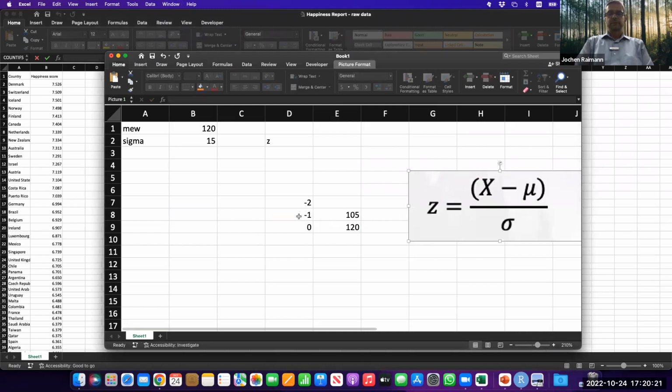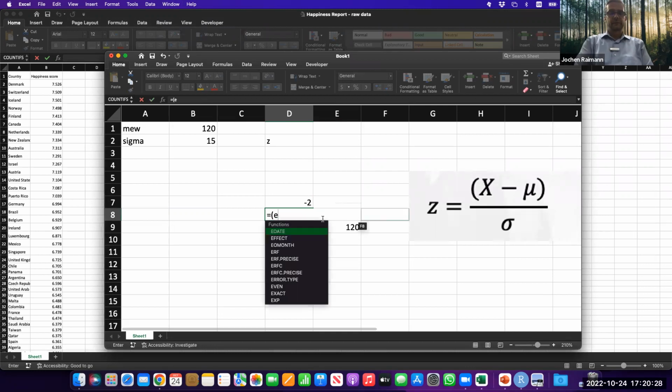So this is this formula, right? So we're doing x, which is 105, E8